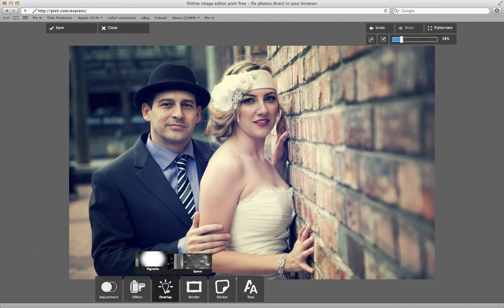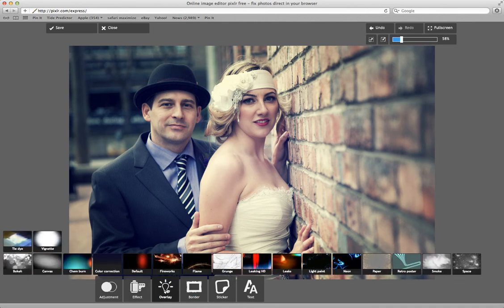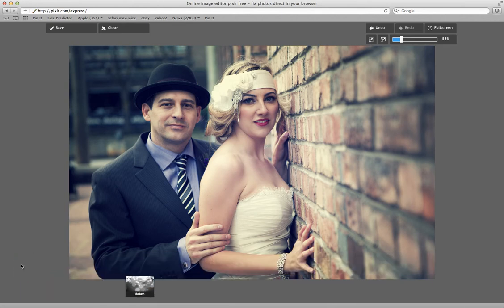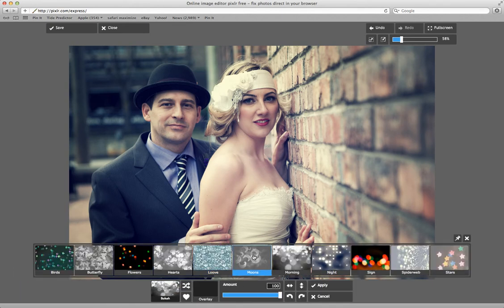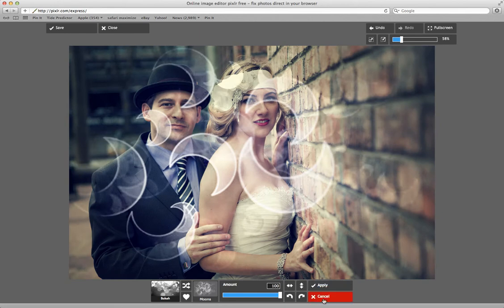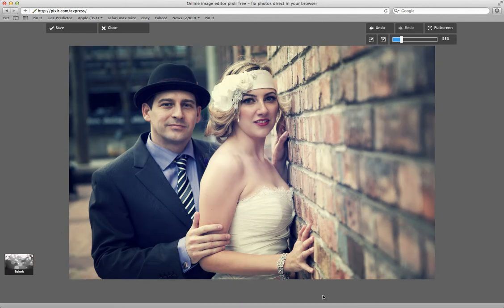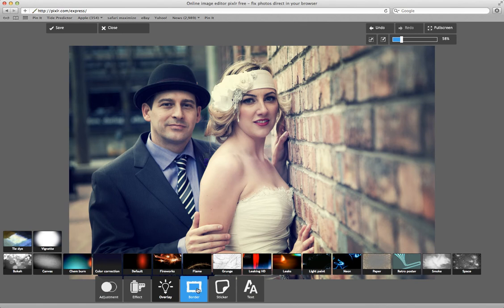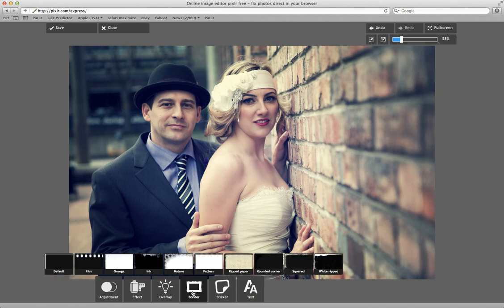And we're going to skip overlay, but that would be basically if you want to put one of these sort of texture looking things over top of your photo, but it really just kind of takes away from it. If you want to add a cool border to your photo, you can go into here,